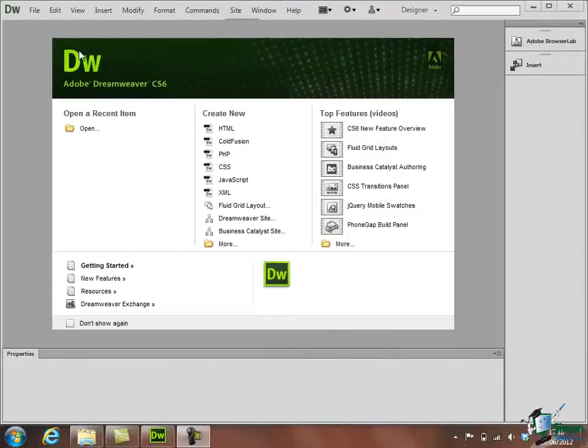So right in the middle we have the welcome screen, and as I mentioned before, you can suppress that if you want to. I'm going to leave it on for now, which means that each time we start Dreamweaver it will appear to give us a bit of help to get started, and we're actually going to use it now to create our first HTML page. Now if you're not familiar with HTML, don't worry, because I'm going to explain about that during the course, but basically we go to the top of the Create New options here, click on HTML, which is one of the many options,